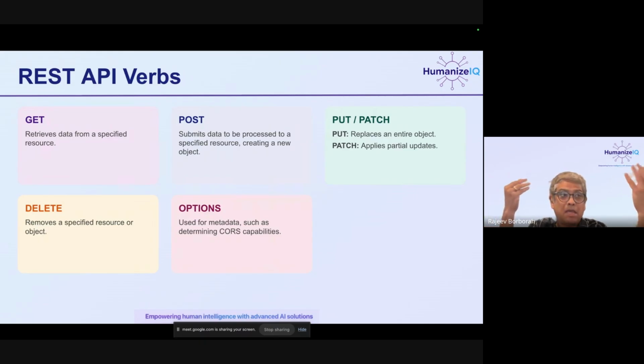For example, if you are getting a user, you will use the get verb. If you want to create a new user, you can use the post verb. If you want to update the whole user object, you can use the put verb. But if you just want to update the first name of the user, you will use a patch verb. Delete is for deleting the user, deleting the object, again semantically, and I'll talk about that. And options is used by some calls before the call to figure out metadata, like for example CORS, like okay, this API is allowed to access this API and all of that stuff.